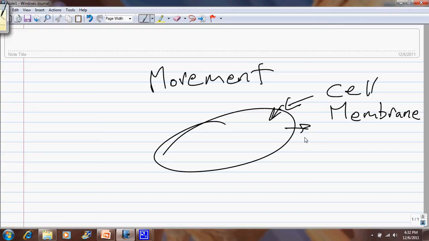Now, the thing to understand is there's going to be two types that we're going to be talking about. There's going to be the type that uses energy and the type that doesn't use energy. Now, there's two types that will not use the energy of the cell, and we're going to be showing those in a second. But